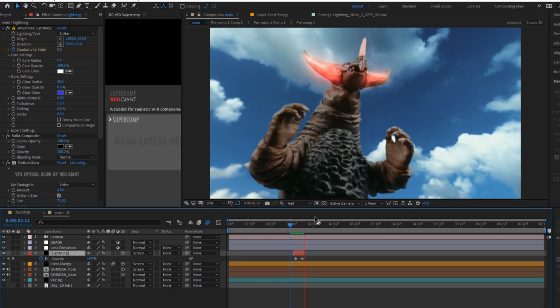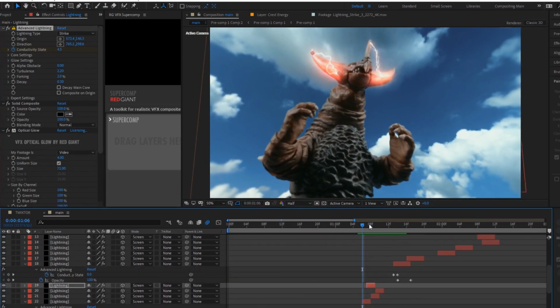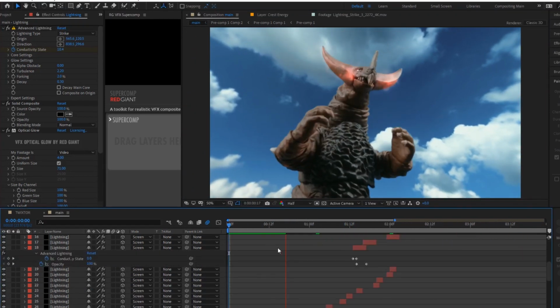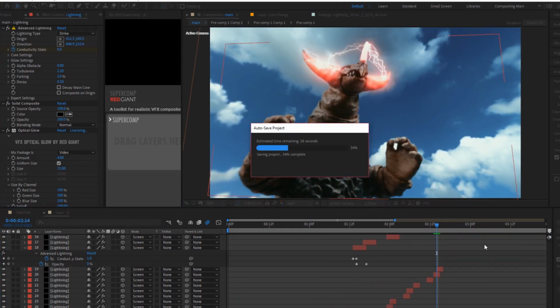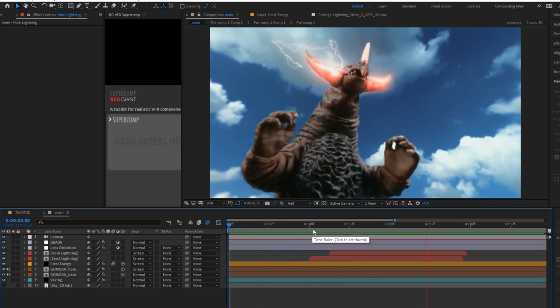Then I duplicated a whole bunch of these and I offset them in the timeline by varying amounts, and repositioned them all to create a huge variety of lightning stringing throughout Gomora's crests, and some that jump from his crests to his front horn. I pre-composed all the lightning bolts together and, whoa, they're not really tracked properly, but don't